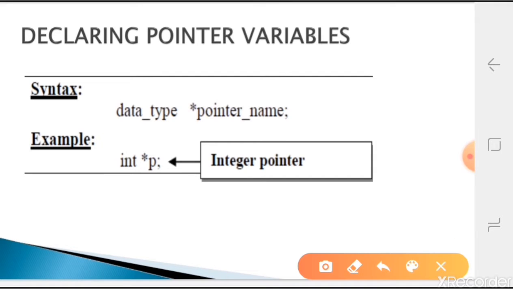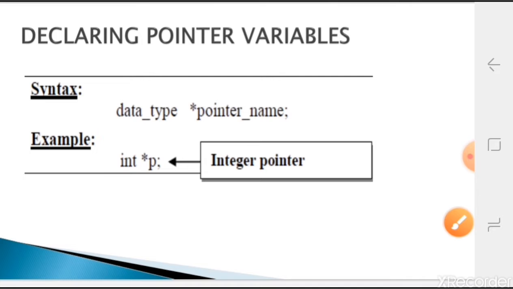We declare it with the data type, then a star, then the variable name. The star before the name indicates it is a pointer. For example, to create an integer type pointer, I will write int *p.